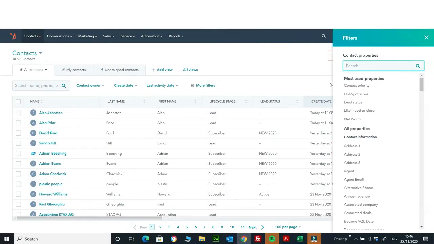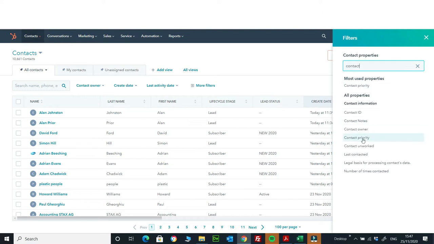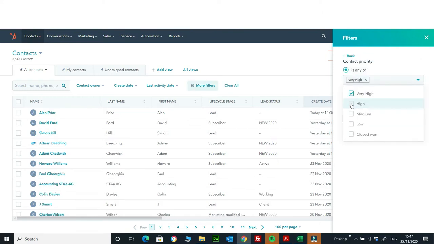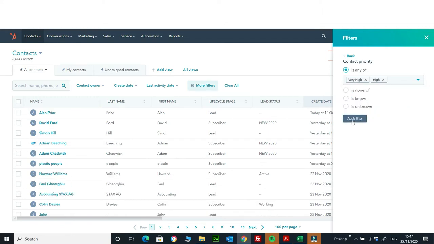So again, click more filters. Type in contact, here we have contact priority, and then just tick very high and high. Apply that filter. As you can see, it's narrowed it down slightly, but as I said, if you have a